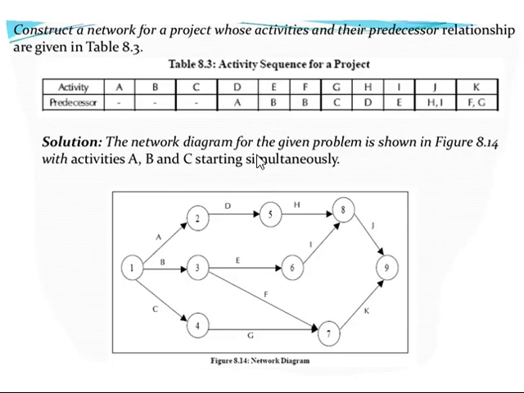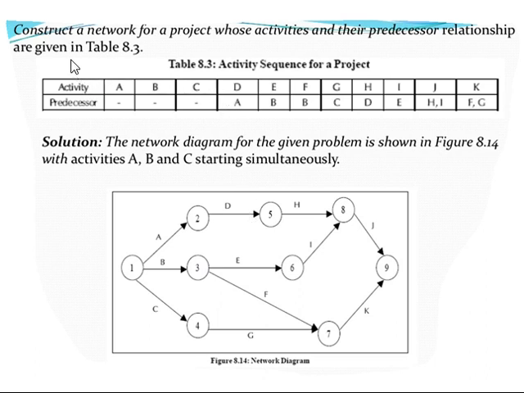Now in this lecture class, we will discuss some other problems along with critical path analysis. What is meant by critical path, how to find the critical path in a network diagram, and what is critical path analysis. We will discuss all those things in detail. So before that, one particular problem so that we'll be able to brush up on how to construct a network diagram